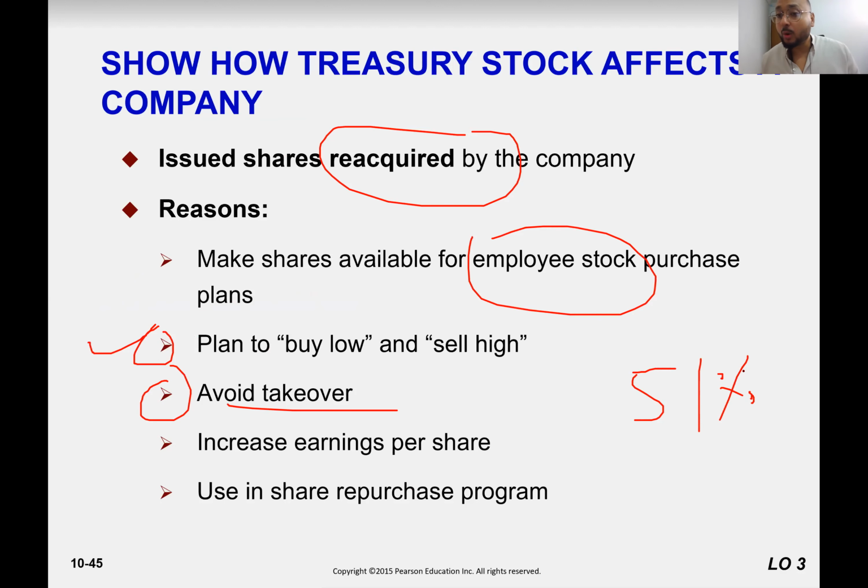If someone holds 51% of the shares, he can come and change the company management. He can acquire the company, or another company can swallow this company. We call this a hostile takeover. So if this happens, companies start buying their own shares so that potential competitors won't buy our shares and at the end change our management and our business as well. Or to increase any